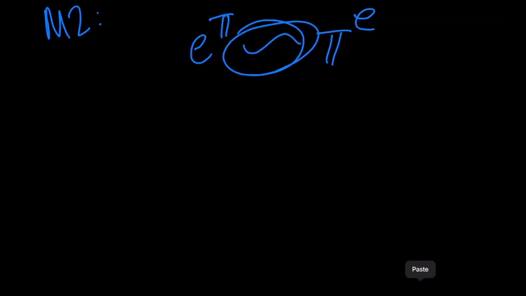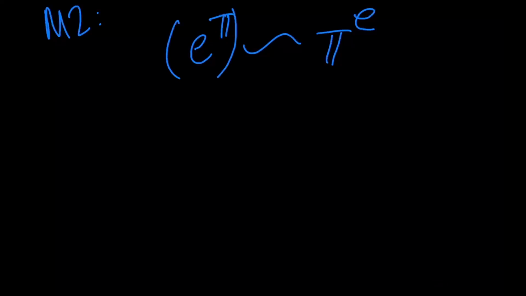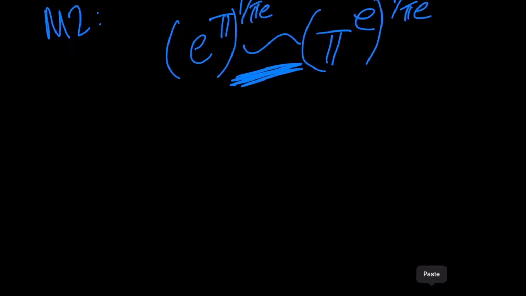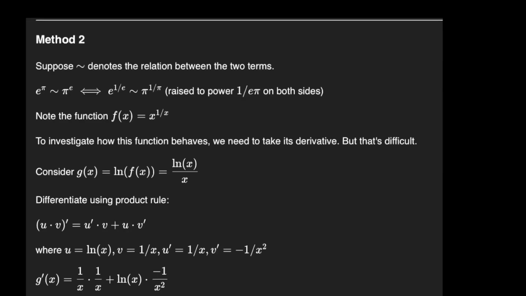So since we've given the relation e to the power pi and pi to the power e, I'm using this symbol over here because we don't really know whether it's greater than or less than, so we're just using a template for now. The trick is, if we were to take both of them to the power 1 by pi times e, the relation in between would remain the same, since powering to this value doesn't change the relation between them. So this is the official website solution, and we'll be walking through this solution only,